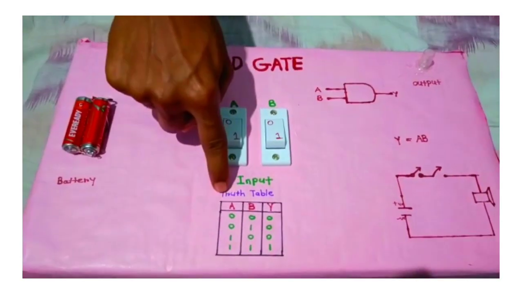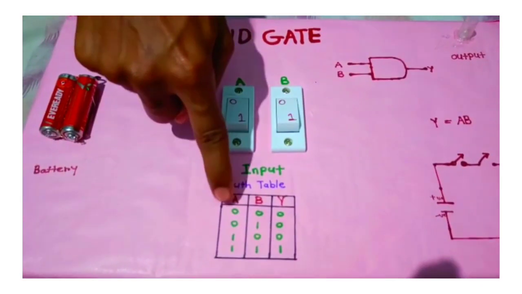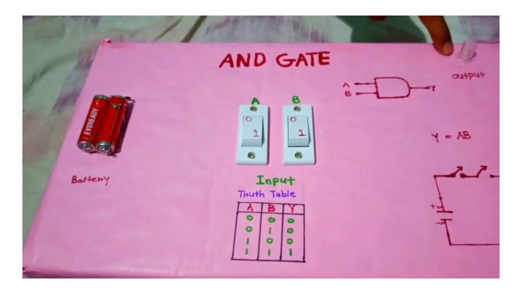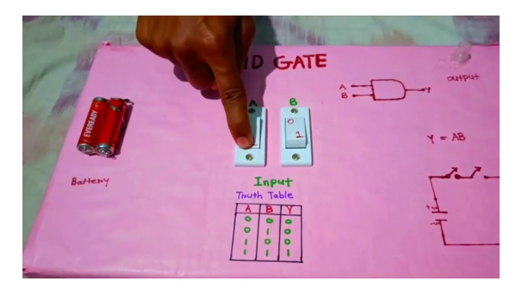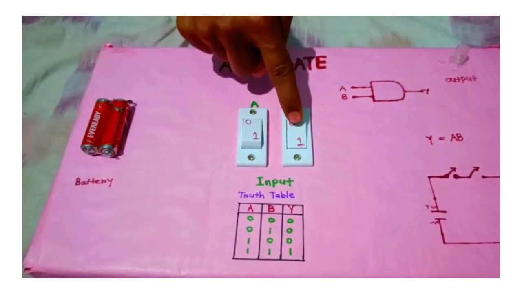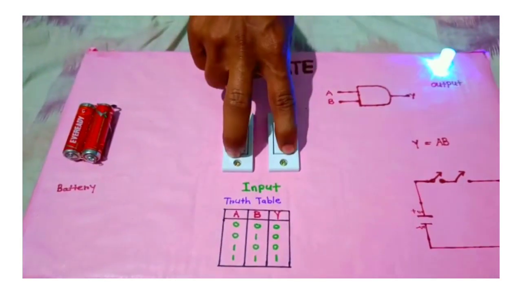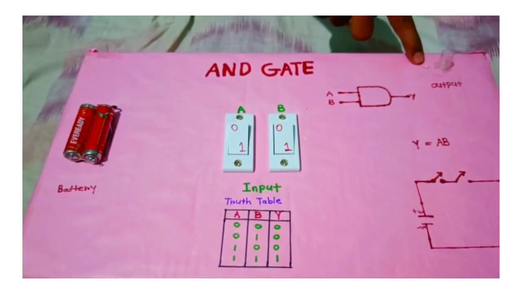And we have used the truth table for the AND gate, and here it shows that if both the switches are turned off, the light will not glow, and if any one of the switches is turned on, then also the light will not glow. And the final observation is that if both the switches are turned on, then the light will glow, and this is the real statement of the AND gate.